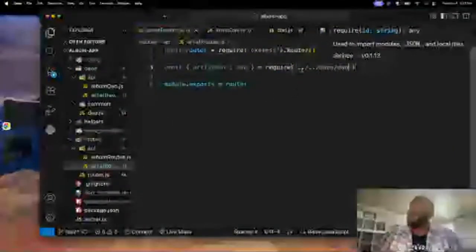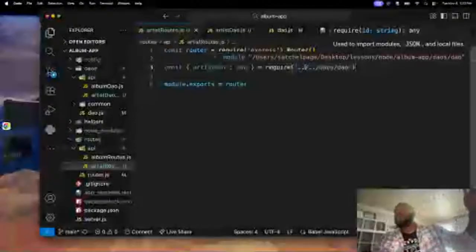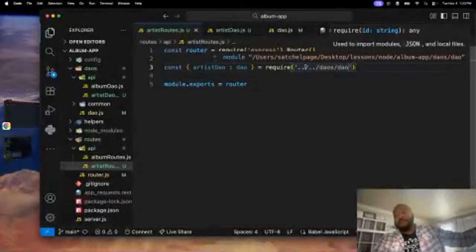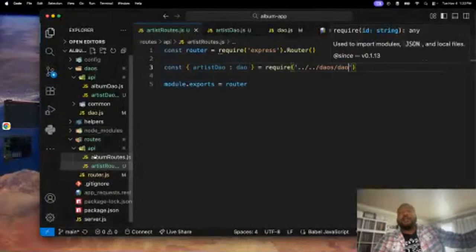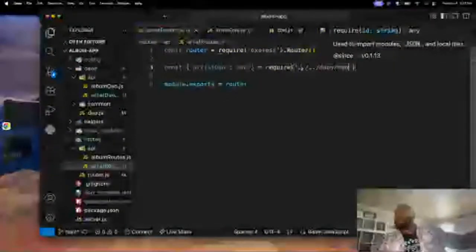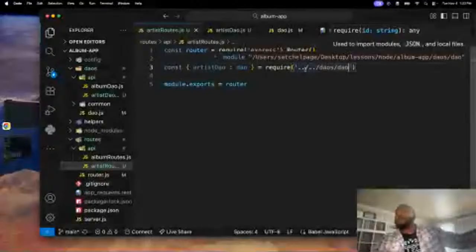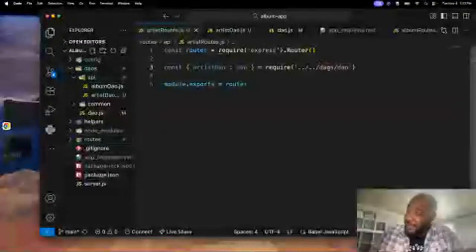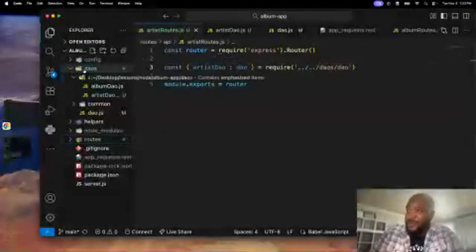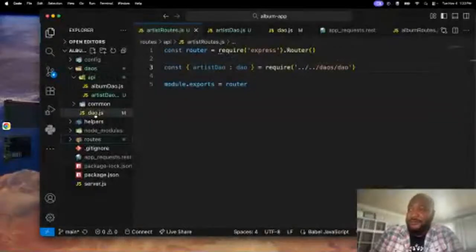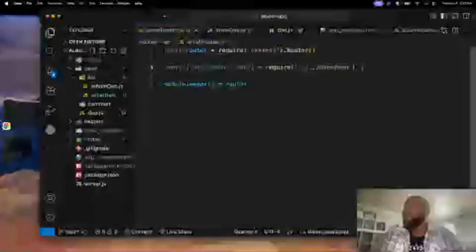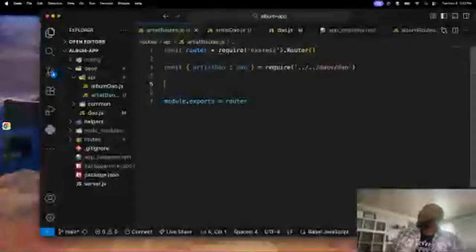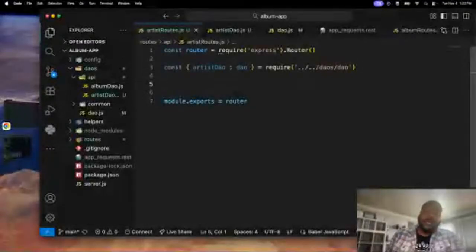So again, this dot dot slash says, hey, step out of API. Okay, because artist routes is inside of API. It says go out of API. Okay. And then another dot dot slash, go out of routes. Okay, so I'm out of routes. So now I'm out in this space. Go into DAOs, and then go to DAO.js. There it is. Okay. So once I've done that, now I can write out my HTTP requests for my